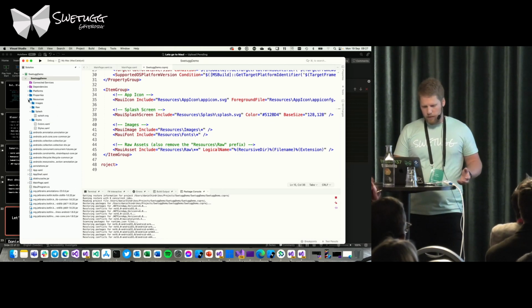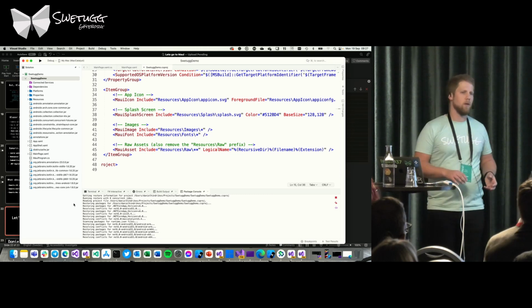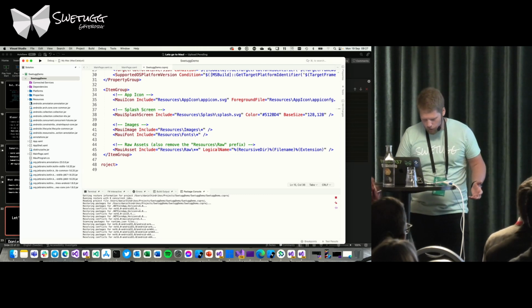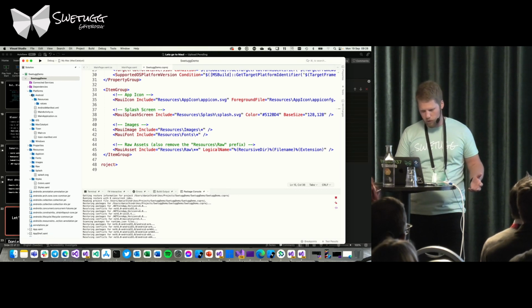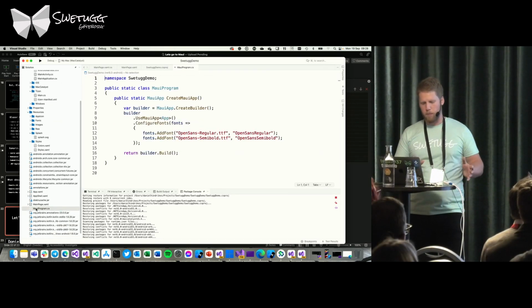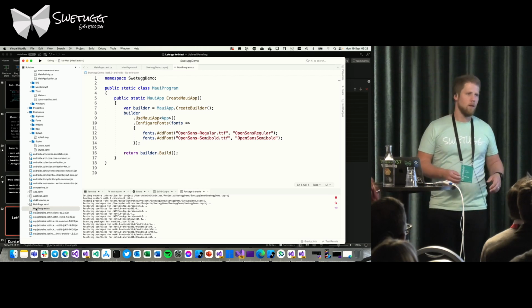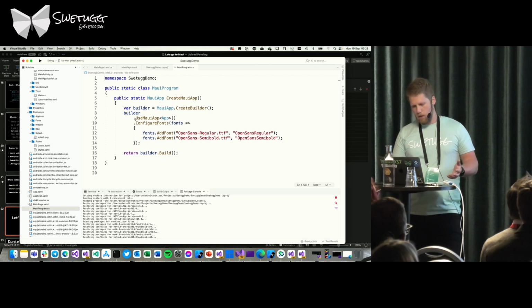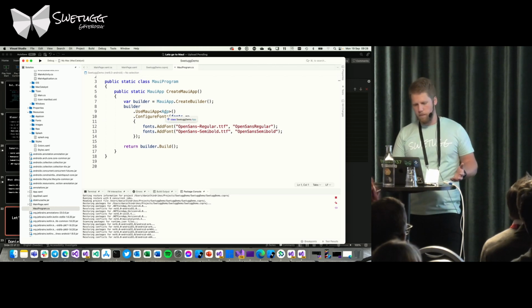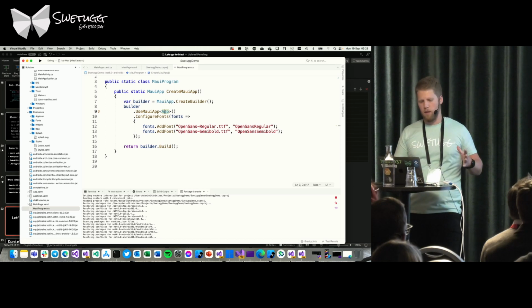And what they also have done is that they have aligned how the MAUI app is starting. Of course, you still have the app delegate for iOS here in the platforms folder, because that's something you need for an iOS app. But you will also have this MauiProgram.cs. It's like a Startup.cs in your .NET Core application, and here you have UseMauiApp that tells the framework what class is starting the MAUI application inside of here,